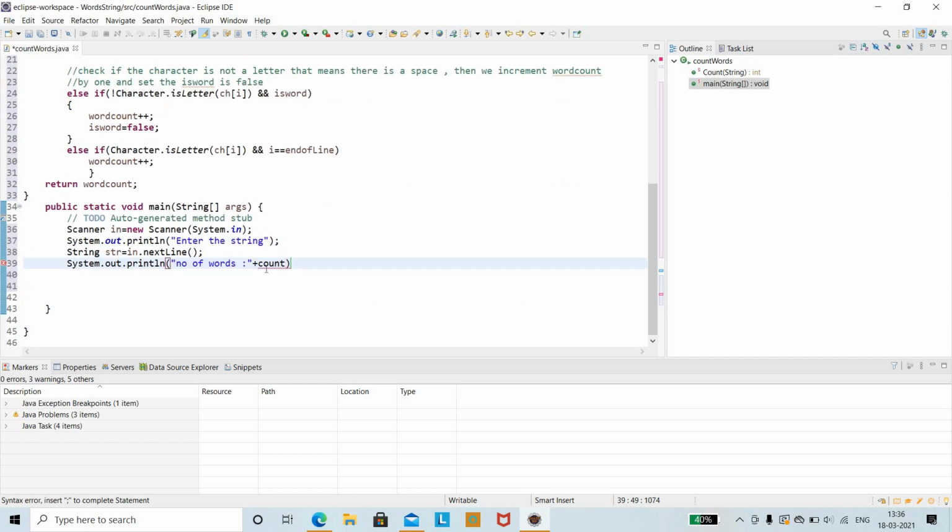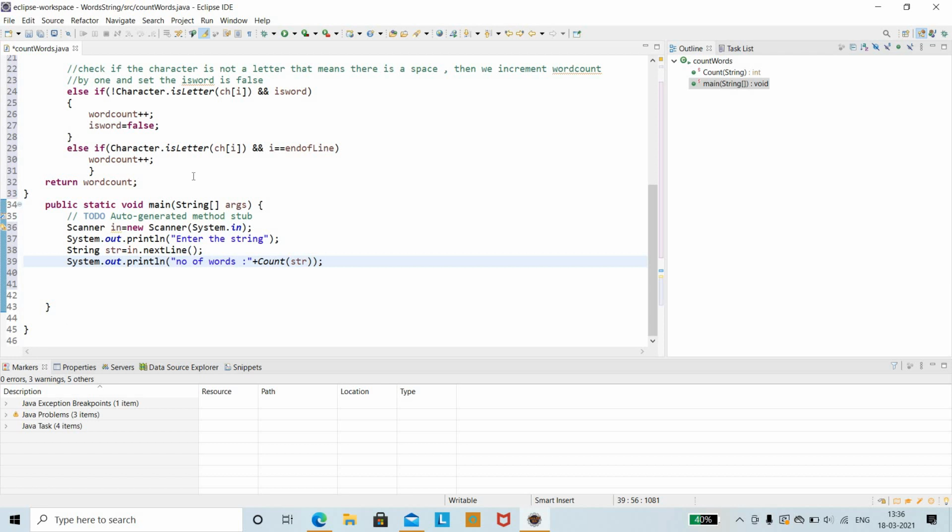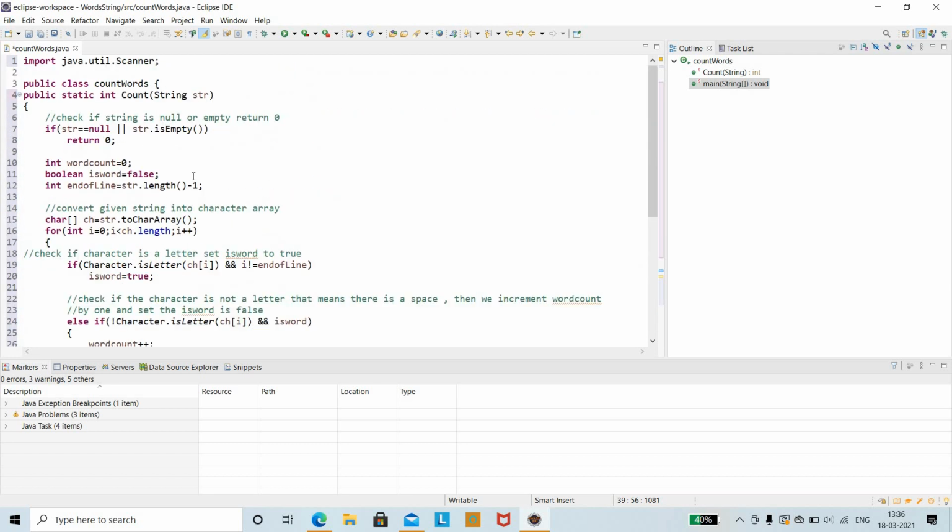We have just considered Count with capital C, followed by you passing the string, that is str. Then we are done with everything. We have rewritten the code to count the number of words in a string.